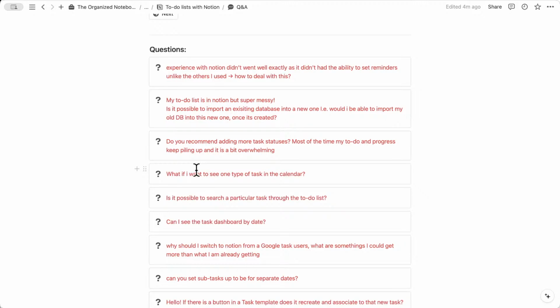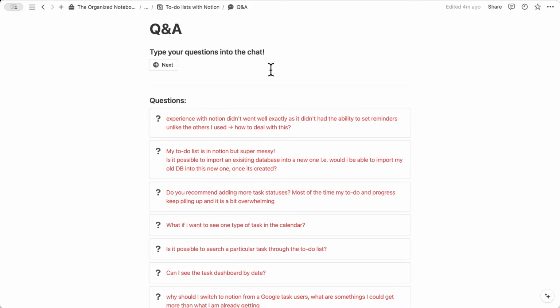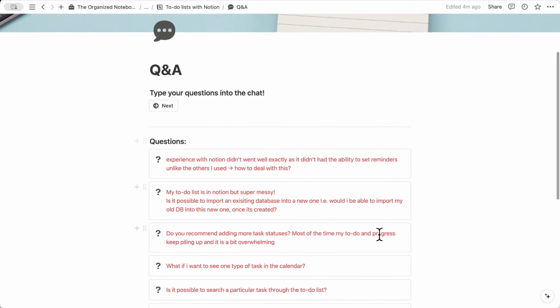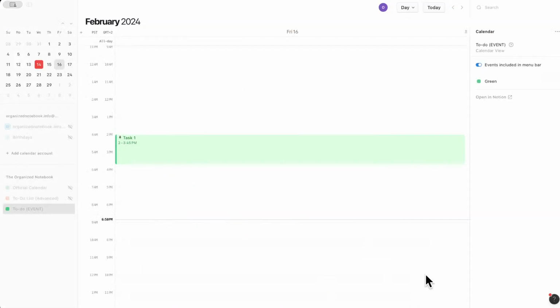Experience with Notion didn't go well exactly, as it didn't have the ability to set reminders, unlike the others I used. How to deal with this? So especially with the new Notion Calendar, you can actually get reminded of your tasks that are upcoming. So let's actually just show you in the Notion Calendar app. So if we go to the Notion Calendar app like this,